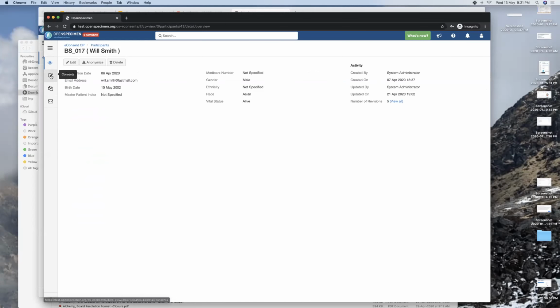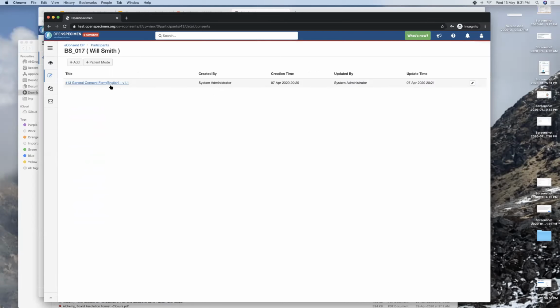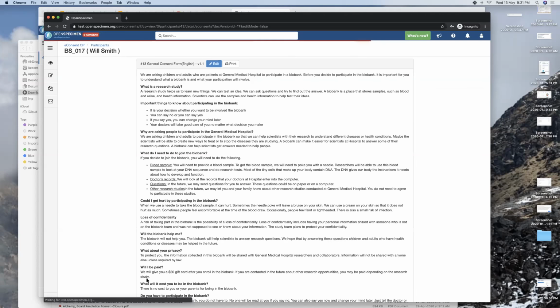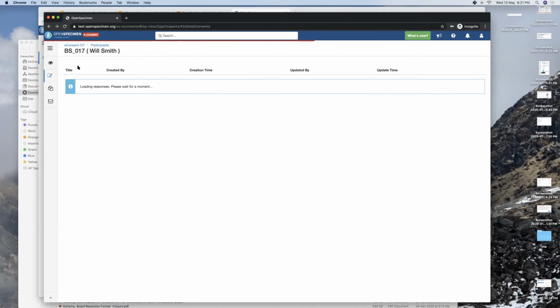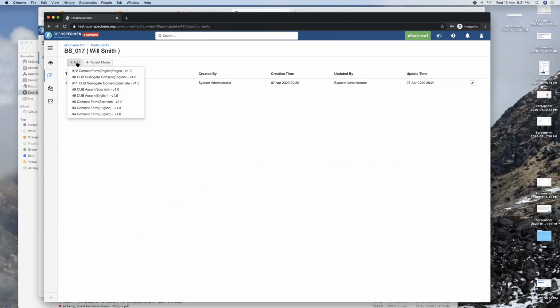And once they go into the consent tab, you see consent that has already been collected. It will show who collected it, when it was collected, and if the data was updated, it will show that. All the consent information that has already been collected is displayed here. The signature, etc., is here. And suppose you're collecting a new patient's data, you see all the forms that are associated with that collection protocol here.